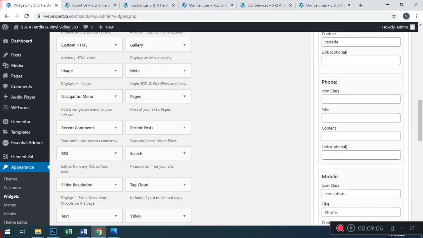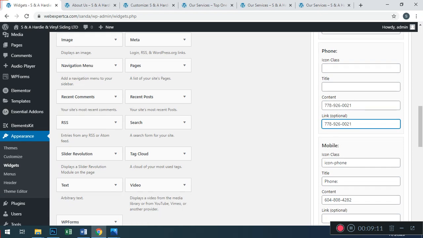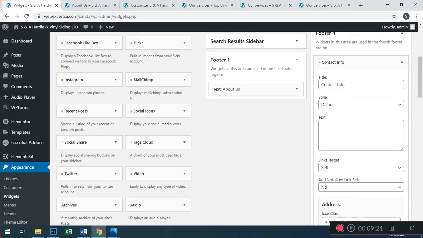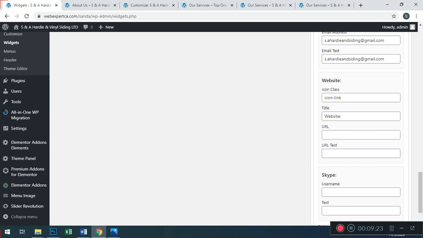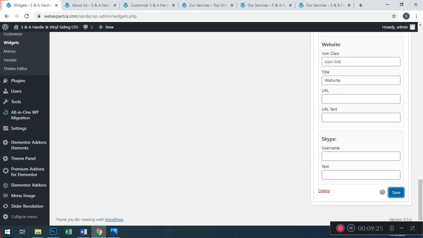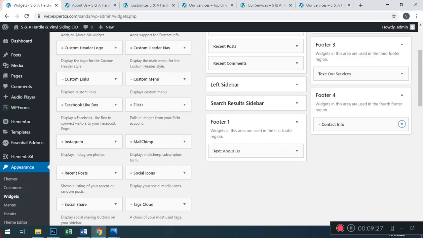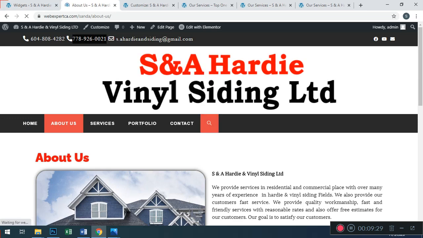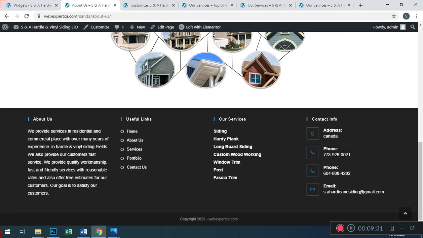Go into phone, add this, style, this, title, phone. Okay, that's great. Going to update this, save, done, and when you refresh you will see both phone numbers added successfully.